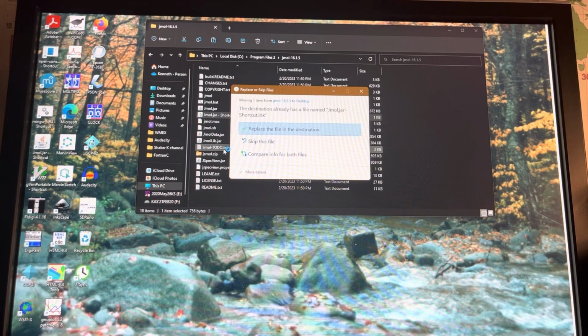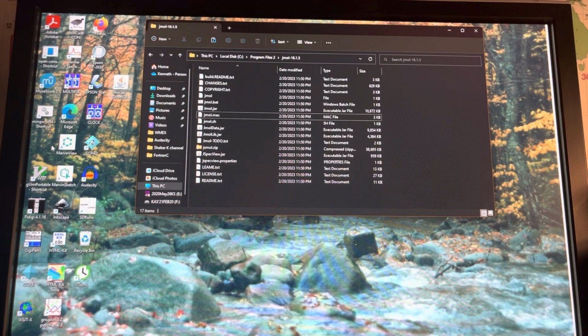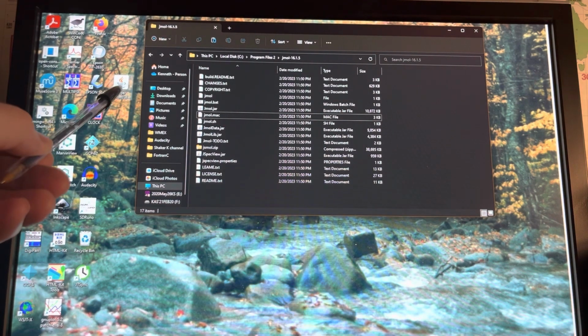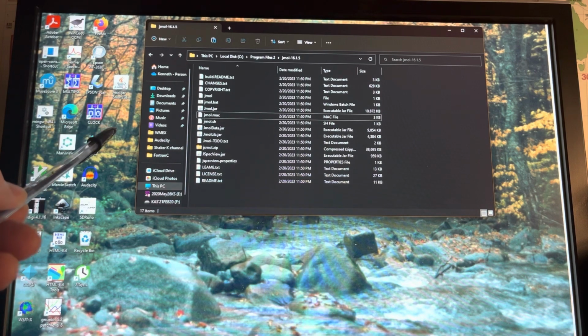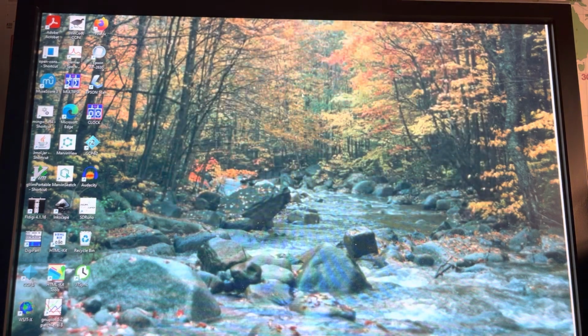And there's one already there, the Jmol jar shortcut. So what you want to do is replace in the destination. And that will replace my Jmol icon over here. It actually puts it over here. I can drag it back to where it was. Okay, and close File Manager, double click on Jmol jar,